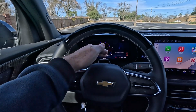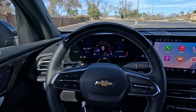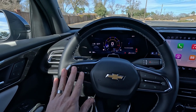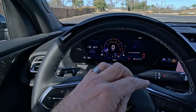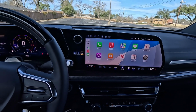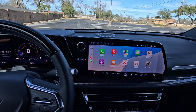But I've got cameras here and here, keeping an eye on me, making sure I'm paying attention to what the vehicle is doing. All that is accessed through this button right here, but all your ADAS driver assistance stuff is located here. We have volume and tuning on the back side of the steering wheel, as well as paddle shifters for that 8-speed automatic. As we pull over here to that 17.7-inch freeform display, this is perhaps the biggest differentiator